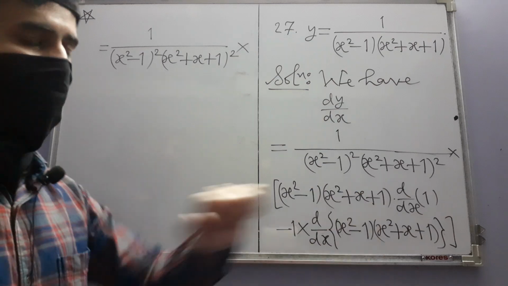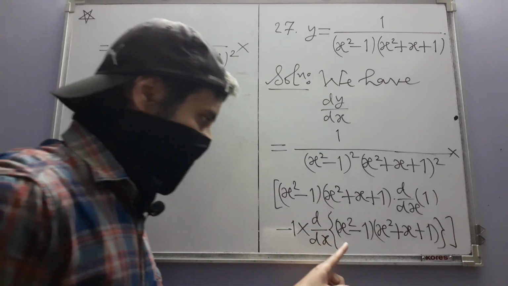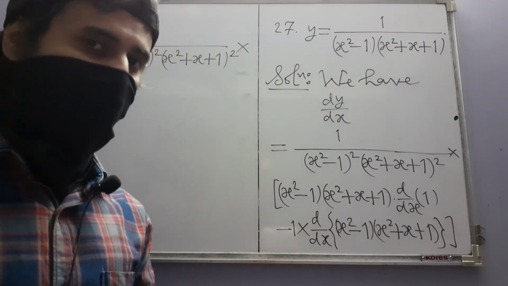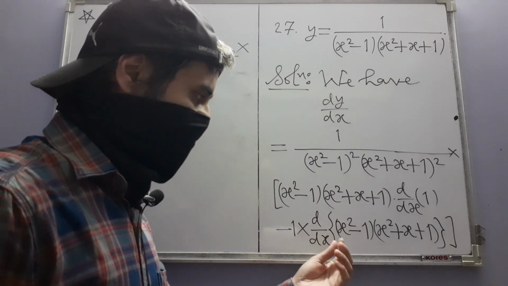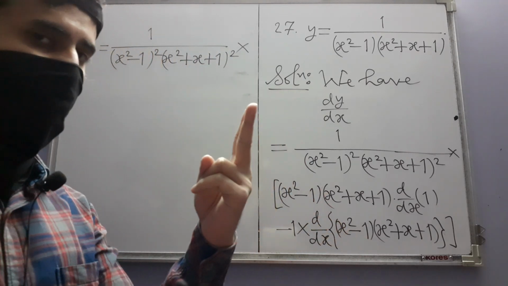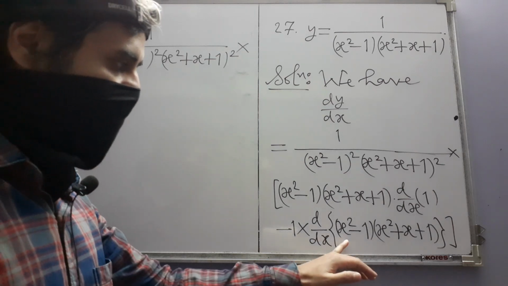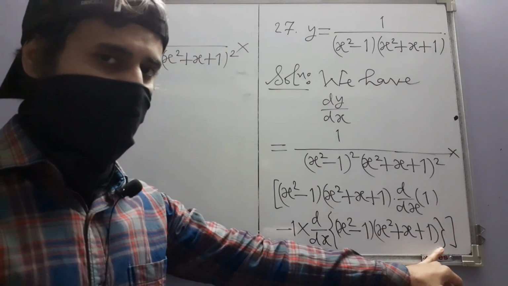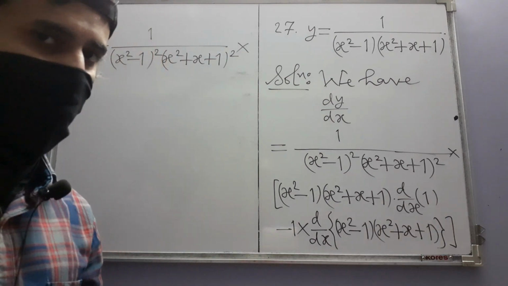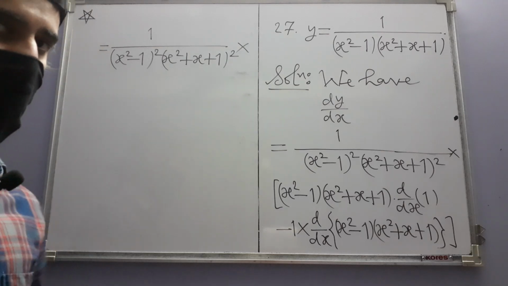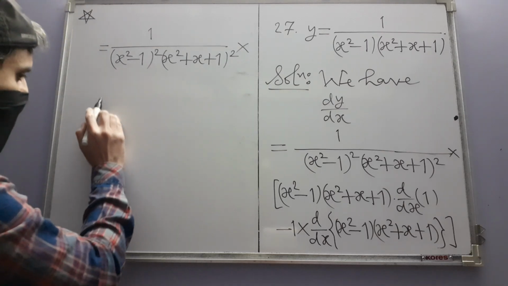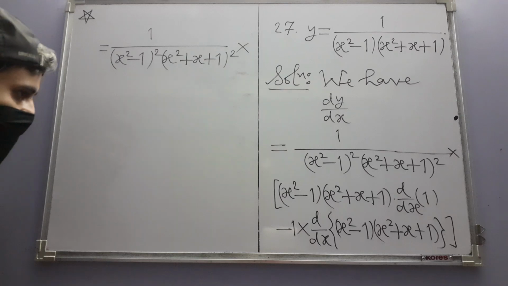So minus of this. This itself, however, is a product. So to differentiate this, there are two ways. Either you can use the product rule or you can multiply the terms first and then do differentiation. It's up to you what you want to do. Let me use the product rule. So if I use the product rule, oh, and one more thing,